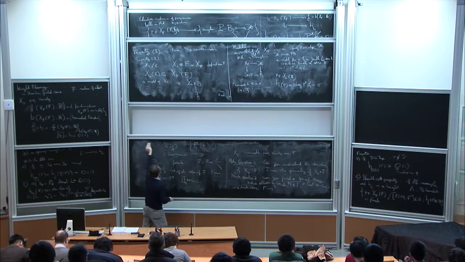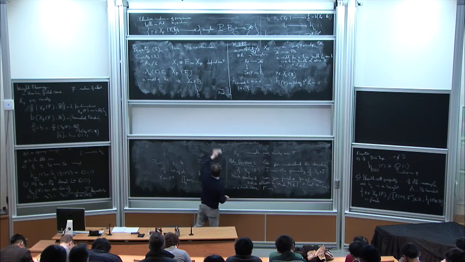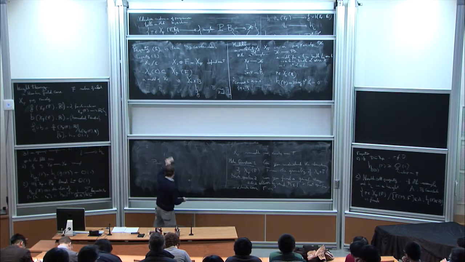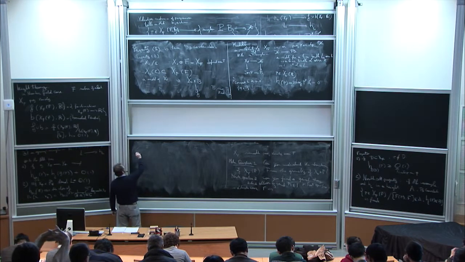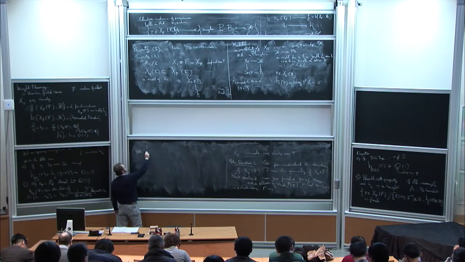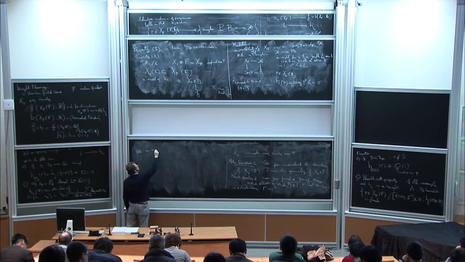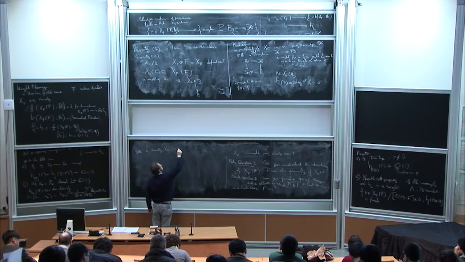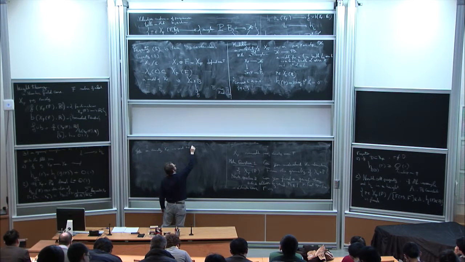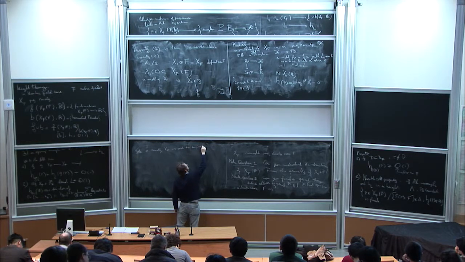You will see that isotrivial varieties will play an important role in the function field case. So, definition: a variety XF is said to be isotrivial